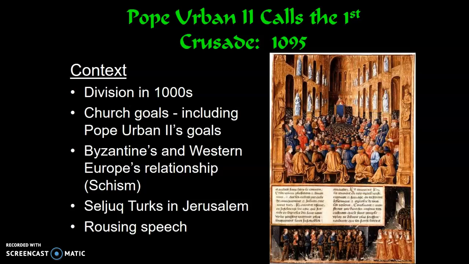The other important thing to note is that Pope Urban, who is a new pope at the time in 1095, does give a rousing speech in Clermont in the Frankish Empire. And in this speech, which you have an excerpt of, there's a few things to note. He apparently spoke to hundreds of people and had great effect. We do not have a transcript of the speech, so a big limitation of any source you look at is nobody knows for sure what Pope Urban said.